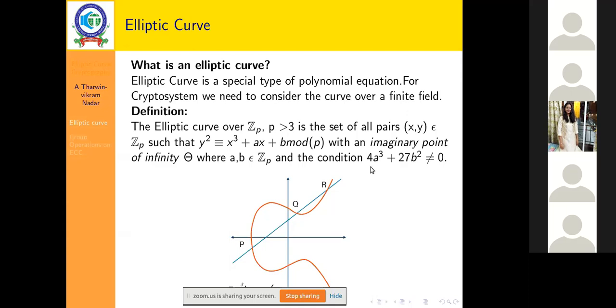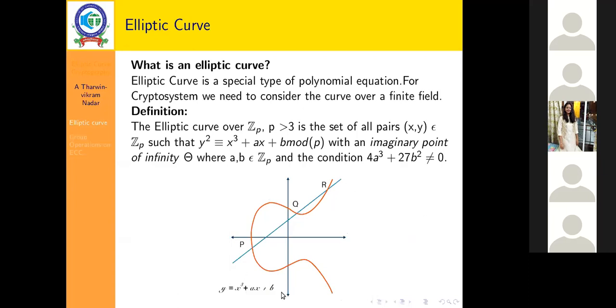Am I correct? Is that equation called the singular equation? No, no. If it is equal to 0, the curve is called a singular curve. Otherwise, it is a non-singular curve. A curve is called singular or non-singular depending upon the discriminant. You know earlier also b squared minus 4ac, right? Like that, it is called the discriminant. Every polynomial has a discriminant. So basically, we choose a and b such that it follows the condition 4a cubed plus 27b squared is not equal to 0.